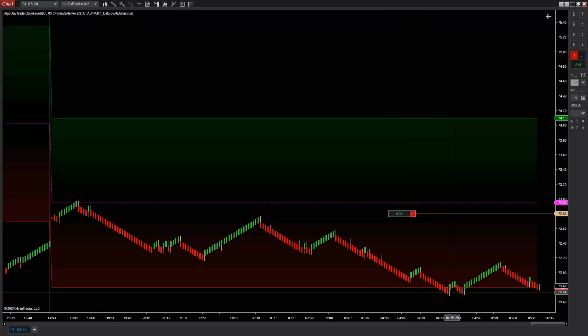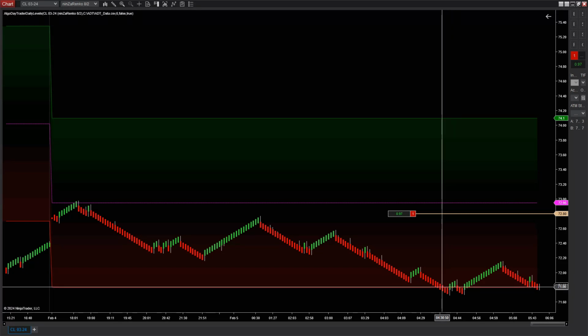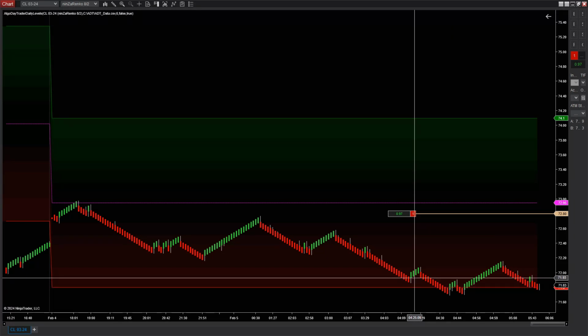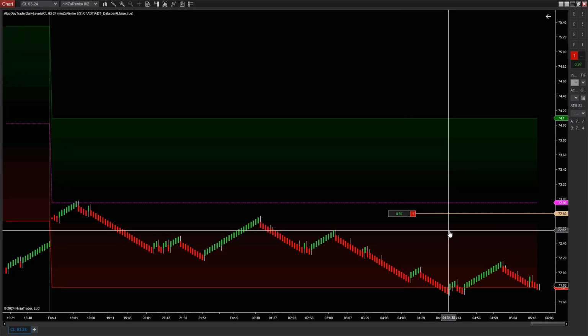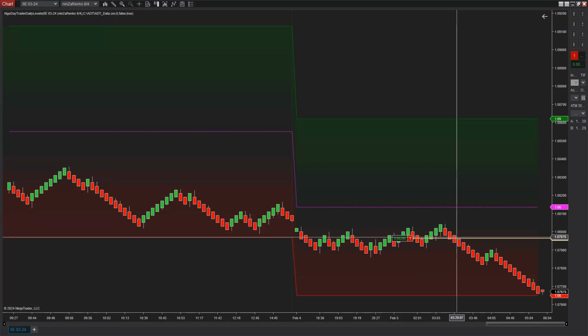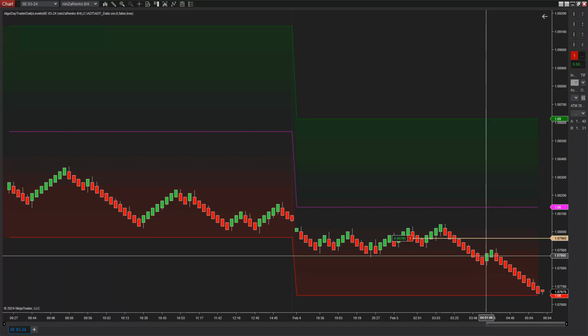In this case, price actually touches the level, but you would try and fade it a bit just in case. If you're trading in multiples, at least half your position is out here. You have no risk on the trade, and you're just looking to see how much more you can get out of this trade. This is the euro, same exact idea.